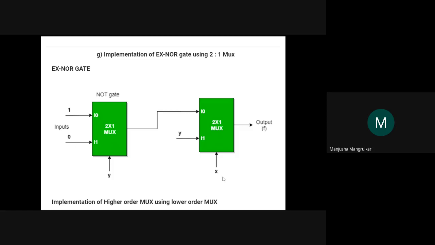Now the third condition is Y is 0, X is 1. Y 0 means the signal is 0 over here. X 1 means we don't have to go here. We see only X equal to 1 means this signal, and Y is 0, so a 1 will come over here. Fourth condition, X is equal to 1, Y is equal to 1. So now the 1 will be here, and X equal to 1 means only these signals, it will come 1. So this will satisfy the truth table of the XNOR gate by using a DMUX.